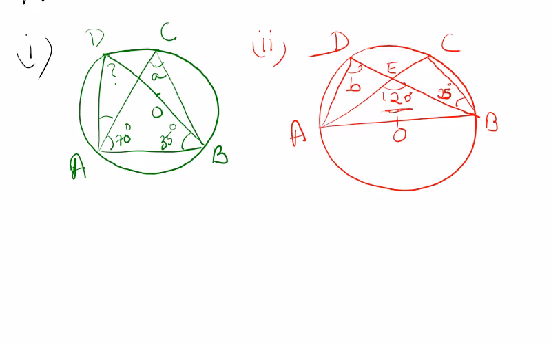So once you get that, you will get angle BCE. Okay, this angle you will get. So this you know once. How will you get it? Using the exterior angle in a triangle is equal to the sum of the interior opposite angles. Using that theorem, you will get angle BCE is equal to 120 minus 25. So once you get this, then ADB and ACB are angles in the same segment, so they are equal. So you can find out ADB.